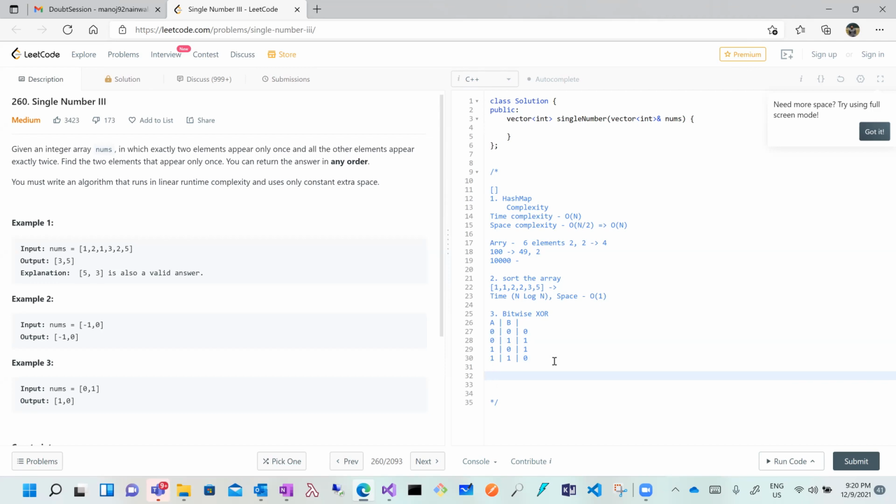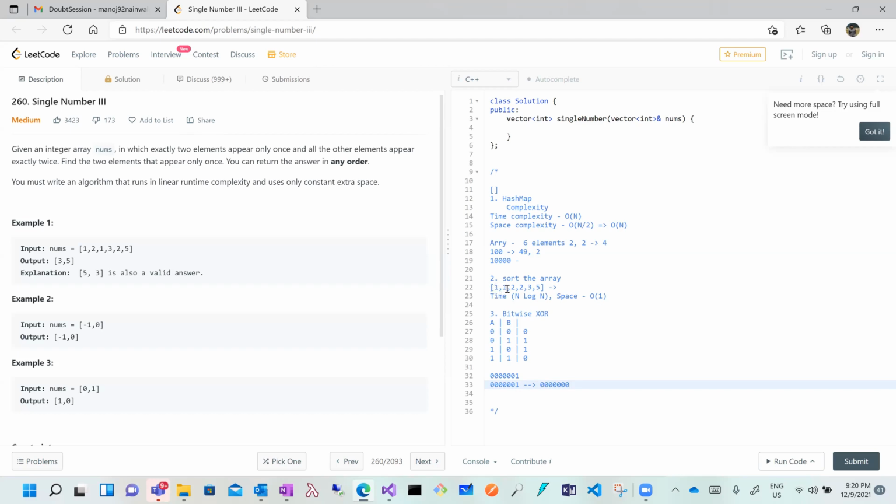So if you look at this array, if I do XOR between 1 and 1, what happens? 1 is 0 0 1, and again this one, so it becomes all 0, right?